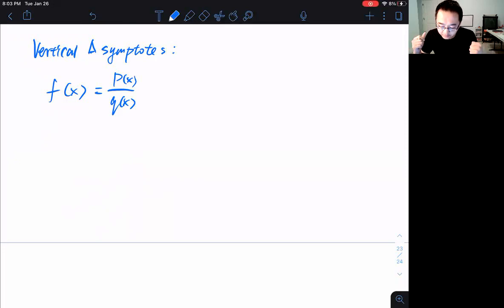If they do have common factors, you want to eliminate those first, cancel them out. So if this f of x is already in the reduced form, then the vertical line x equals c is a vertical asymptote